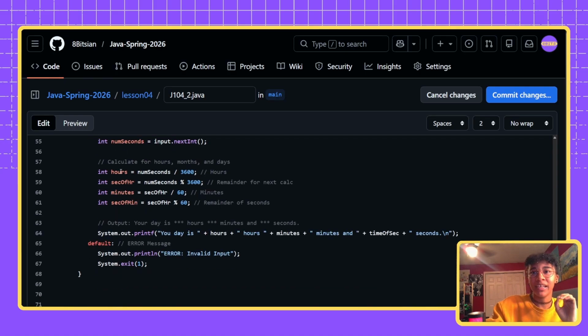Okay. Int hours equals num seconds divided by 3600. Int sec of hour equals num seconds, I forgot that I couldn't do that, modulus 3600. Int minutes equals sec of hour divided by 60. Int sec of minute equals sec of hour modulus 60. So this would be hours. This would be the remainder for the next calculation. This would be minutes, and this is just the remainder of seconds. So then your day equals hours plus minutes and sec of min